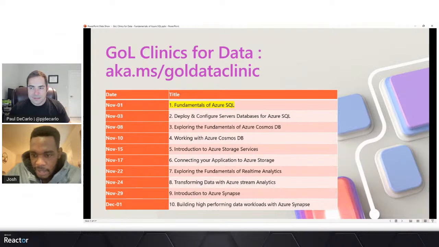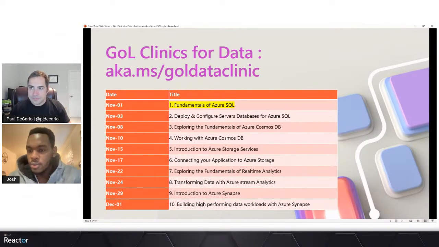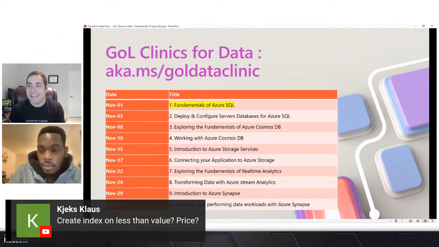This question came right immediately after the first module, and someone asked whether it was possible to create an index on less than the value. So yes, you could totally create an index on any field or column based on the data type of that.